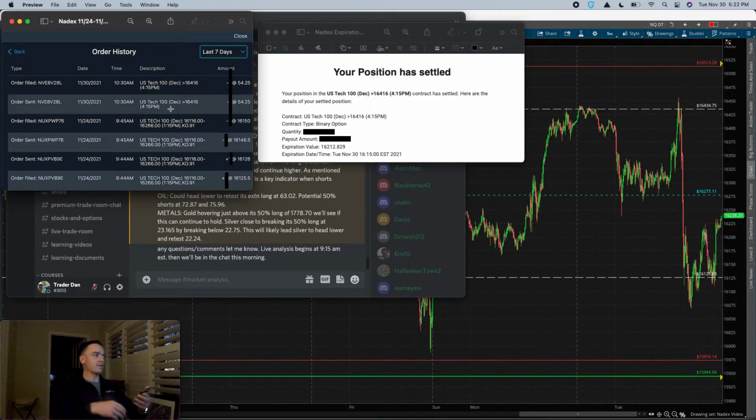So I still have 6 hours, or 5 hours 45 minutes, for this contract to get working and head in the direction that I want it to, which is lower. So looking at this trade,